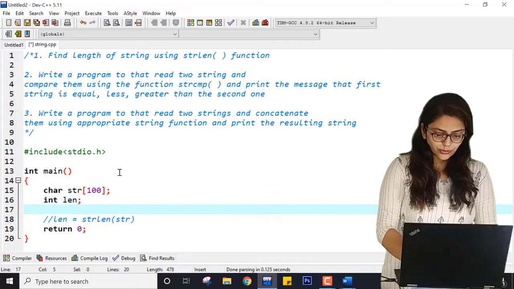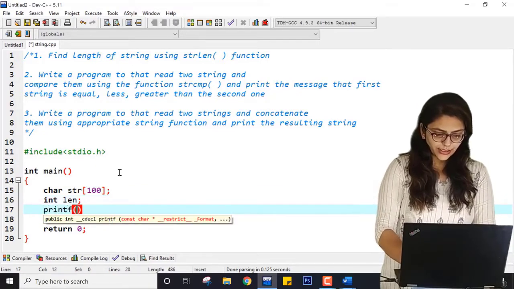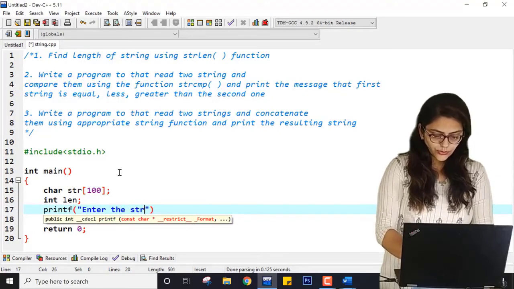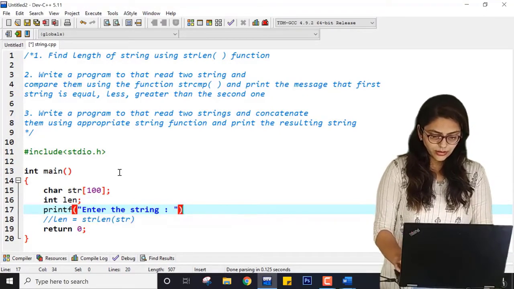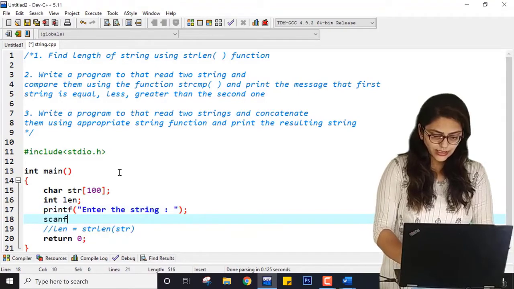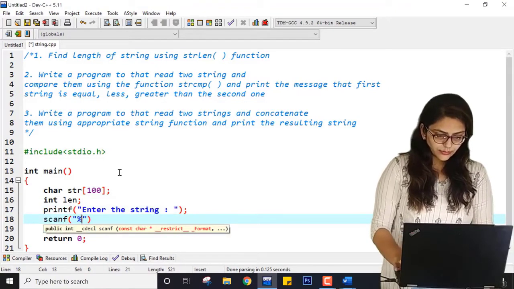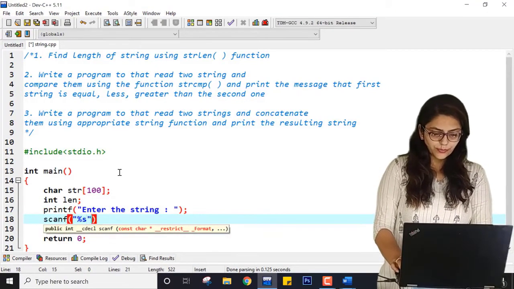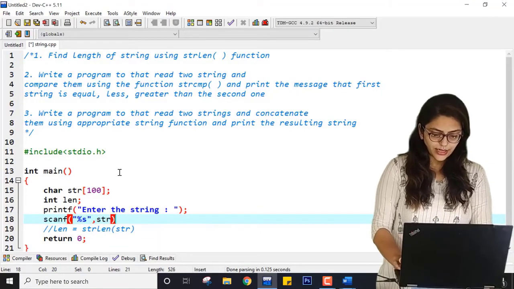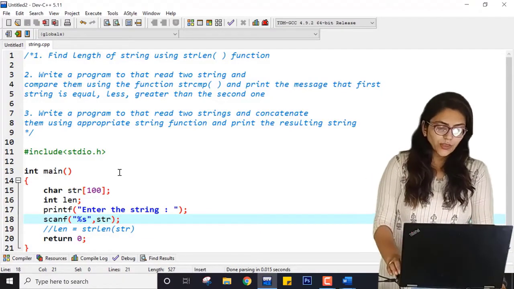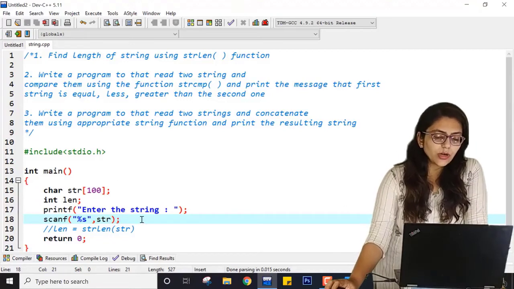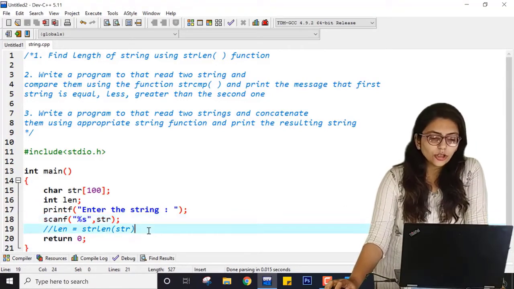Before that I have to take a value from the user, so that's why I am printing enter the string, and here it will be scanf. You can use %s and str. Also you can use gets. After that you can do len equal to strlen(str).